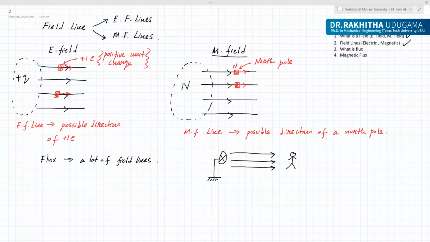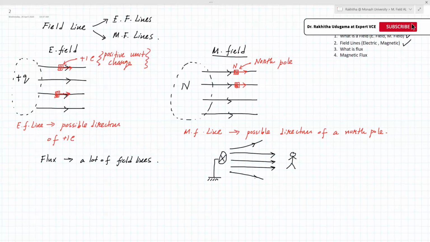Okay, if it is air, you can say air flux. If it is due to magnetic field, you can say magnetic flux. If it is due to electric field, you can say electric flux. Okay, so it is like that. Not necessarily it would come straight away, right? So it can go that way also. It doesn't matter, but somehow a bunch of field lines emitting or going away from the source. Okay, so this is your source. So that is all about flux.